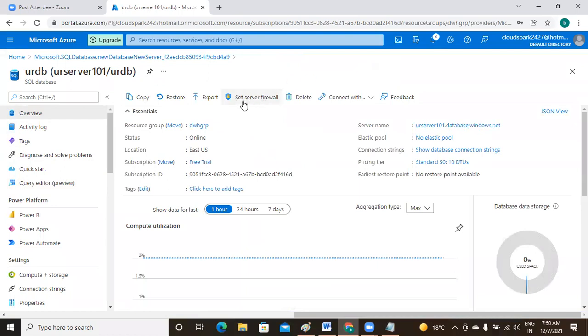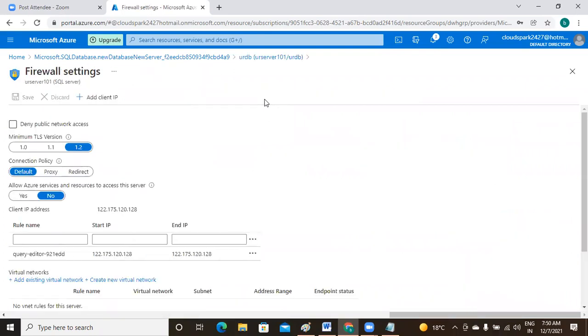Here there is an option set server firewall. Just click on this. So this is the IP address you have added now. Got it? This IP address you have added previously. Now your client can connect with the server database.